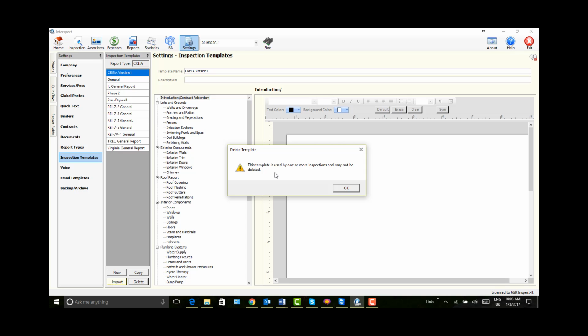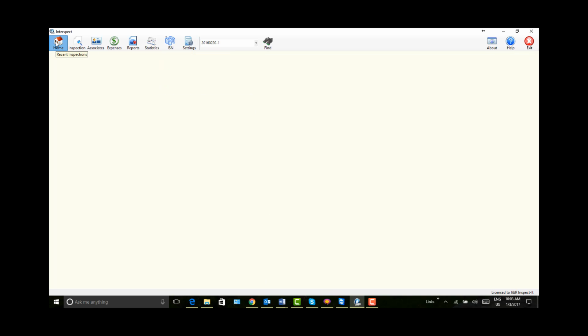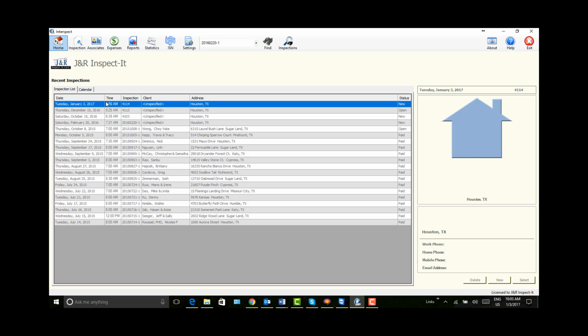So that's why we prevent you from deleting the template. So in test mode, while you're building these report forms and templates, all you have to do is go back to that inspection that you created for testing purposes, select it, delete it,